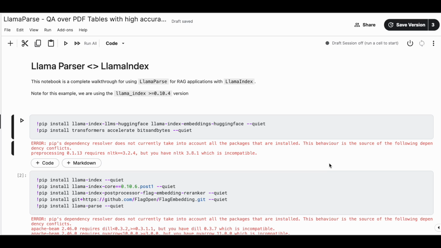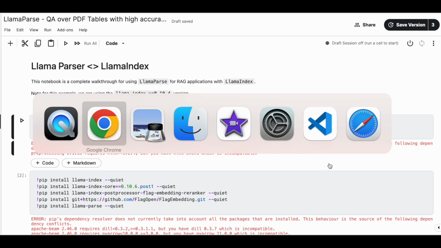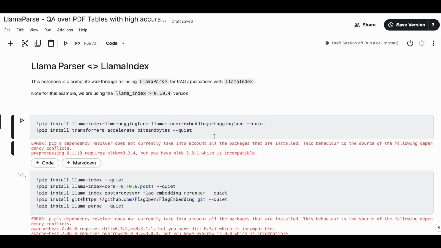First we'll use LlamaParse here. This is a new utility built by LlamaIndex, which helps us extract the information, text plus the tabular information, from the PDF, and it is working pretty good. It can extract most of the information correctly. So we will use LlamaParse as a PDF reader, which will extract the information,